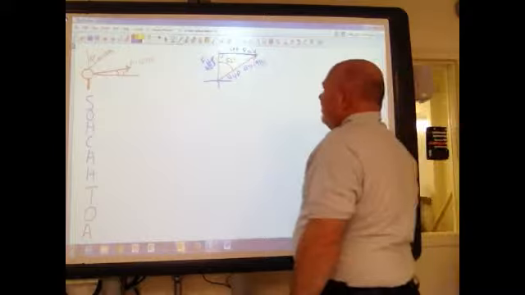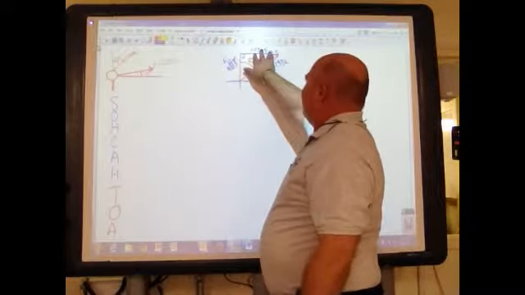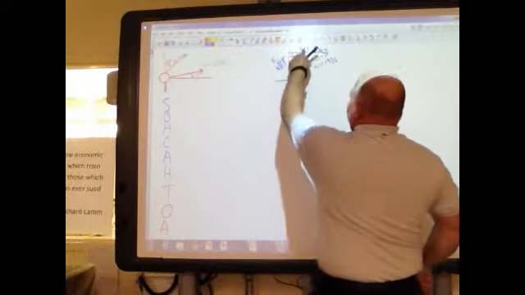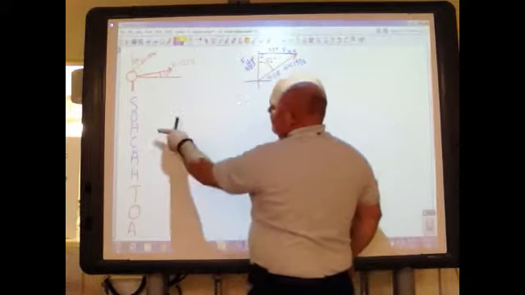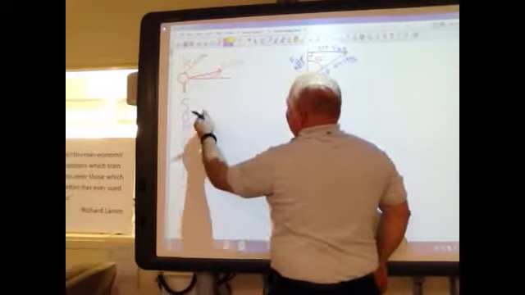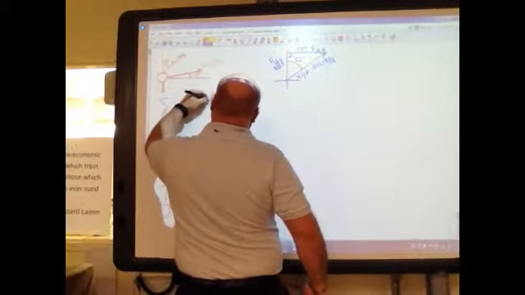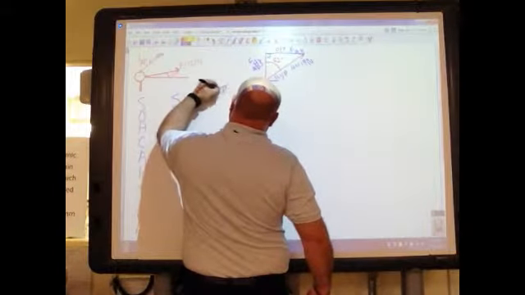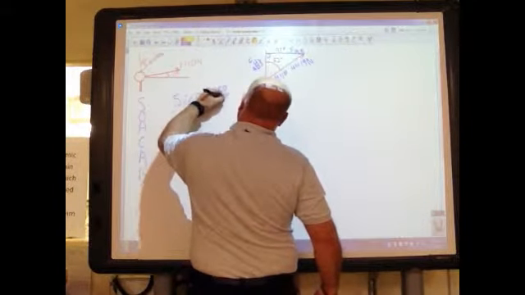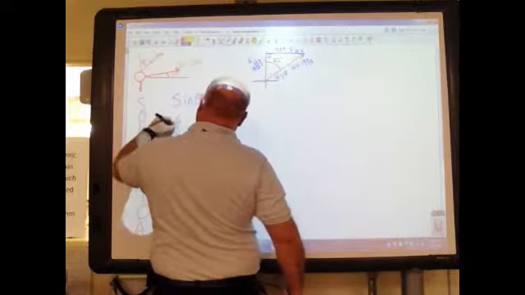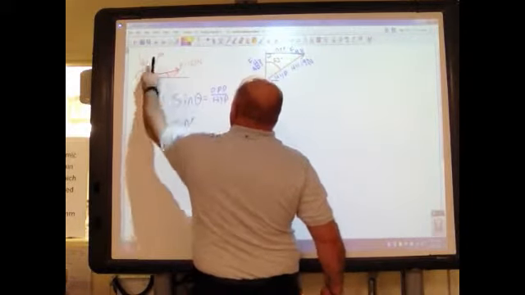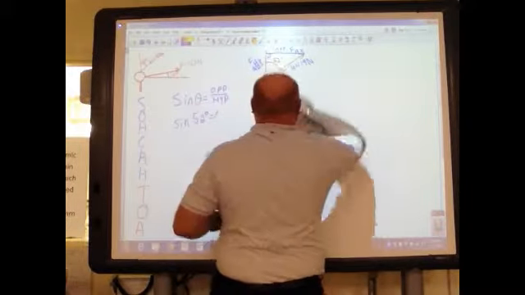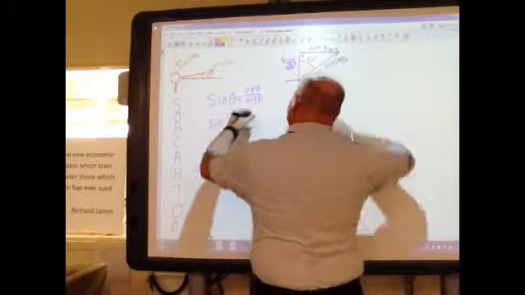Again, I go through the same process. Like I said, I always like to start with the F sub x, the x-axis. I have opposite and I have hypotenuse. Sine, opposite, hypotenuse. So the sine of theta equals opposite over hypotenuse. Start substituting. Sine of 52 degrees equals, opposite is F sub hx